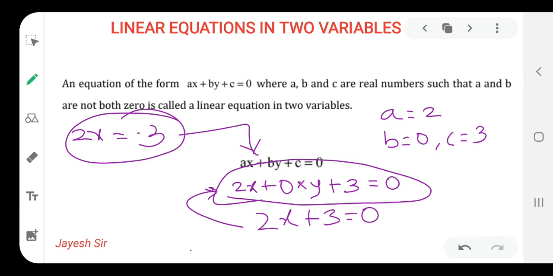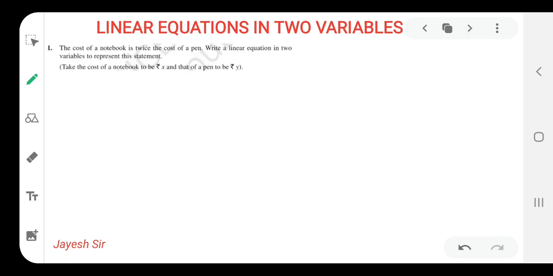So we are going to solve sums based on this today, so that our concept would be cleared and we won't face any difficulty in solving sums of different levels. So this is the basic concept. I hope you all are clear with that. So let us begin with the sums based on this type.